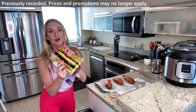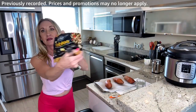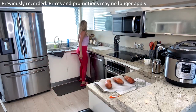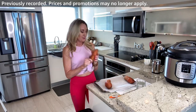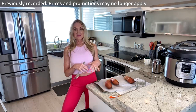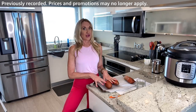Jewels, yams, all of these, they're amazing for you. So we also have these little tiny potatoes. I'm gonna make these at some point this week. I'm not gonna make them today, but I'll probably put those in my crisper. But these sweet potatoes, not only are they amazing sliced up in a salad, but also for breakfast,